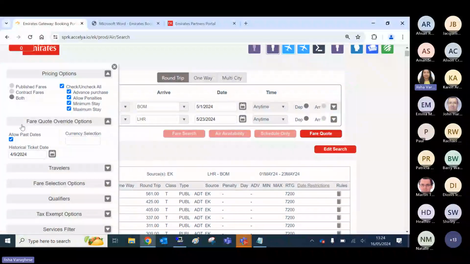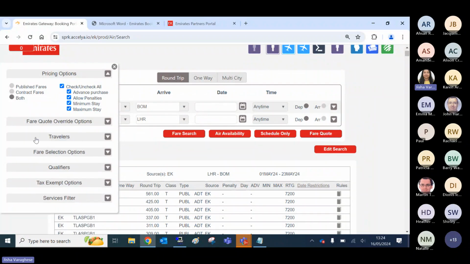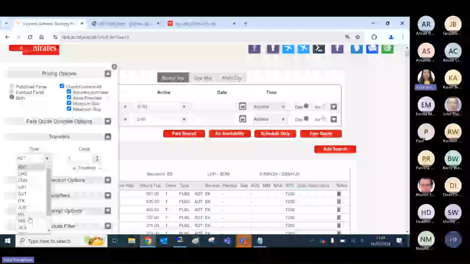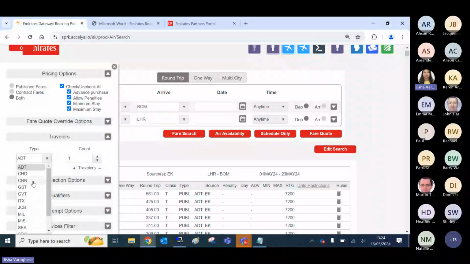The first option is the fare code override option. The next option here is the travelers. If you want to check for more travelers or any other travelers, you can do it from here without creating the booking. You can check the fares for these available travelers. In the type, you can see the PTC code of the passenger. So the ADT is used for the adult passenger,